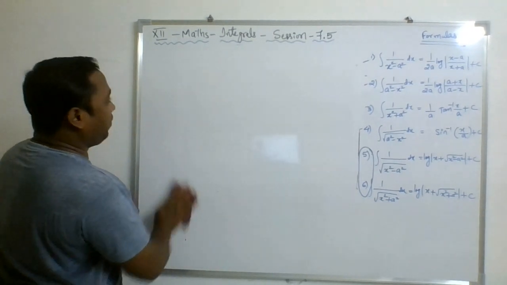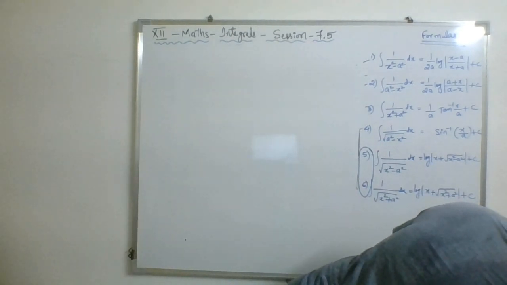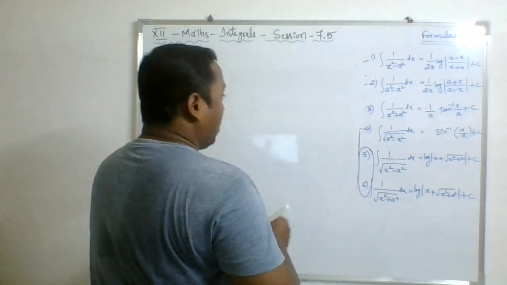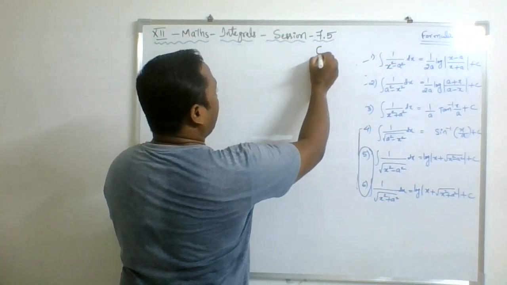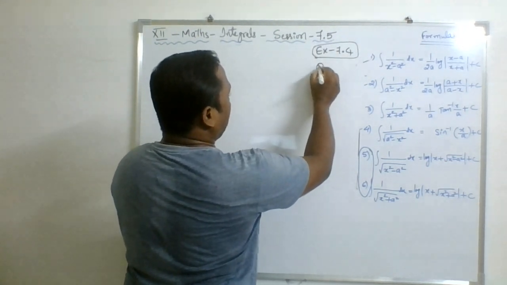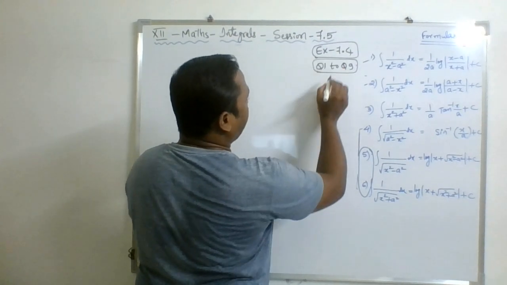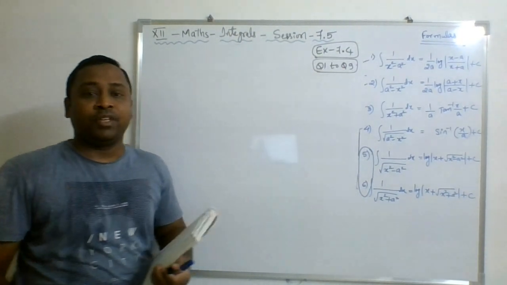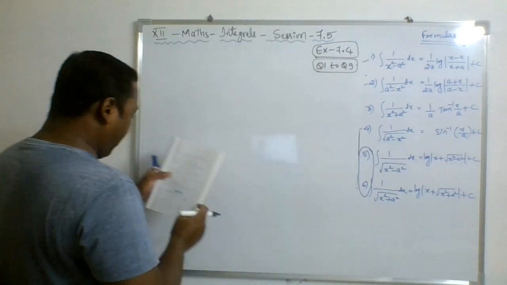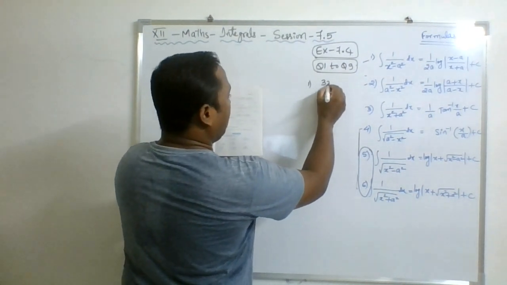First, I will list out a few sums which we are going to discuss over here. How can we solve these questions? I am taking the questions from exercise 7.4. Question number 1 to question number 9 you can take from the exercise except question number 8. Except question number 8. Fine. So first I am taking here the questions which I am going to discuss in the lecture here.